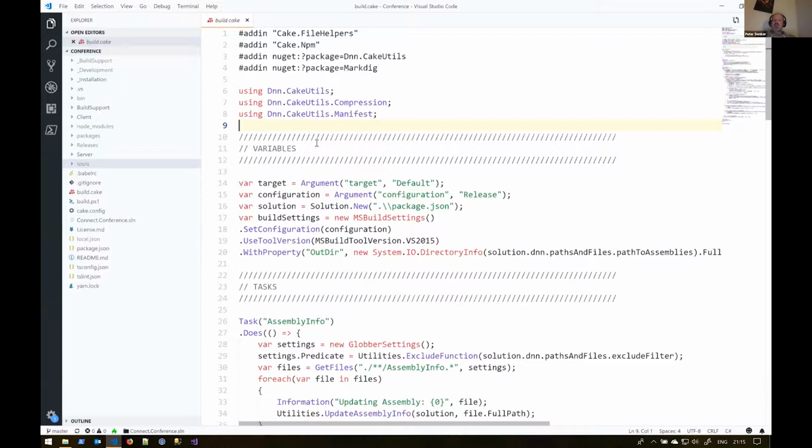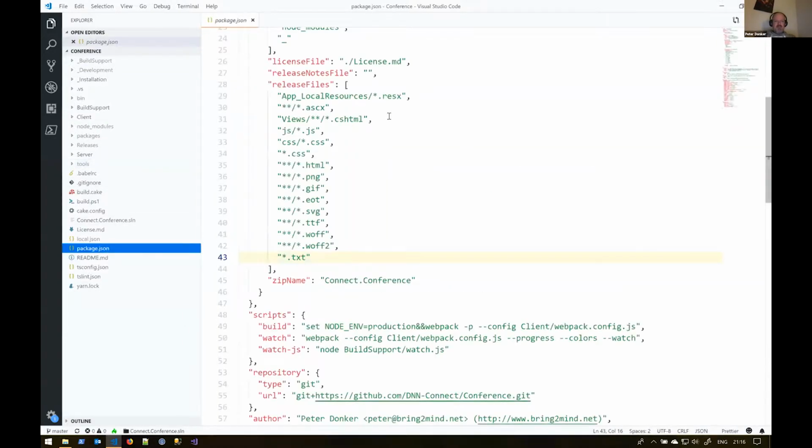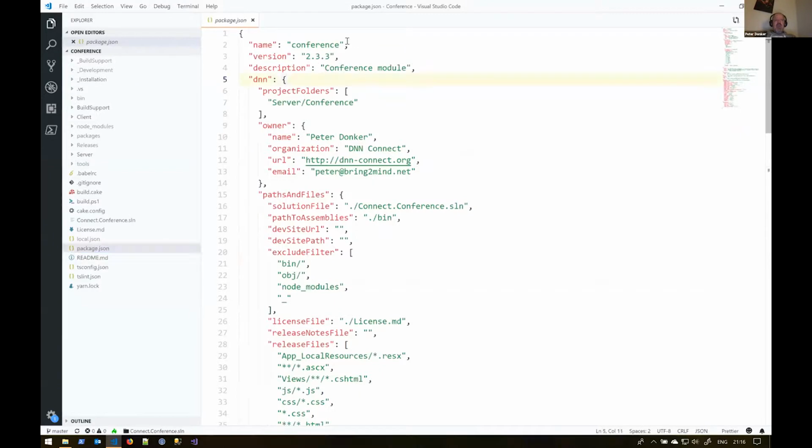So very soon I started looking at how you could just leverage the package.json, which is of course just an open JSON file. You could extend it any way you want and say, well, you know what, we put our information about what we're building into the package.json, and this solution will then compile the manifest file from that. So if you look at the package.json, you will see that it starts with the regular things, name, version, description, and then there is a subsection called DNN,